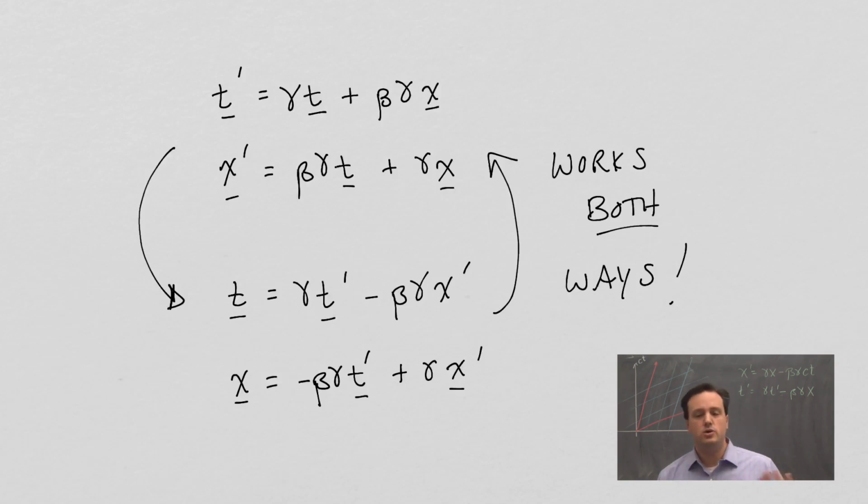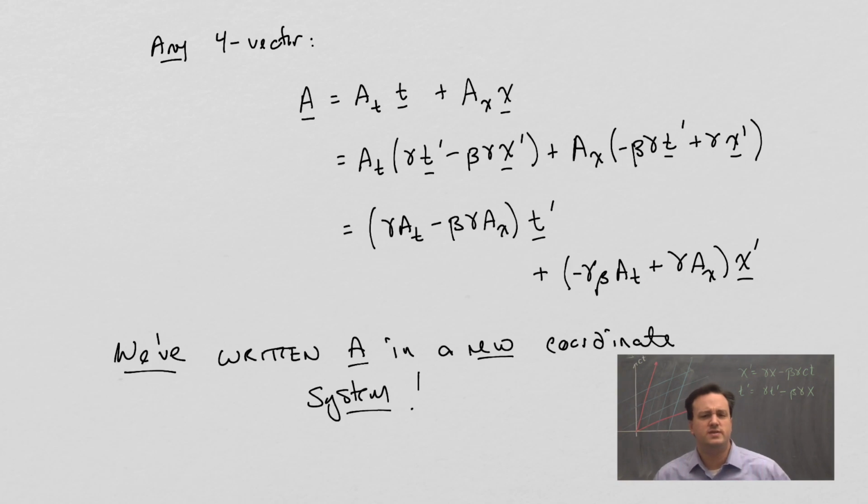Okay, well, that's how unit vectors transform. And I know that that's a very powerful idea because if I write down any vector in terms of its unit vectors, I can now just plug in the new unit vectors and I can get that vector in a new system. So let's do it for some arbitrary 4 vector that I'm going to call